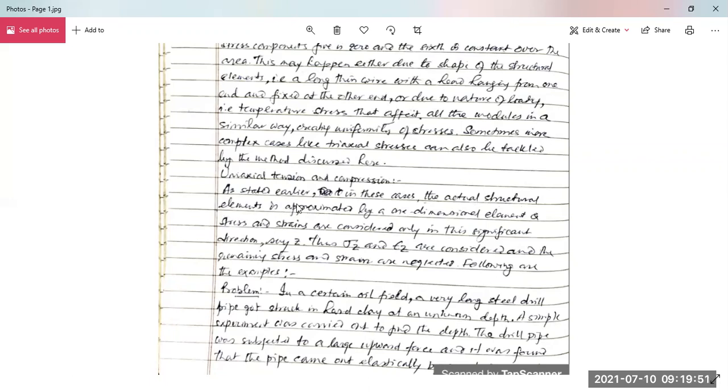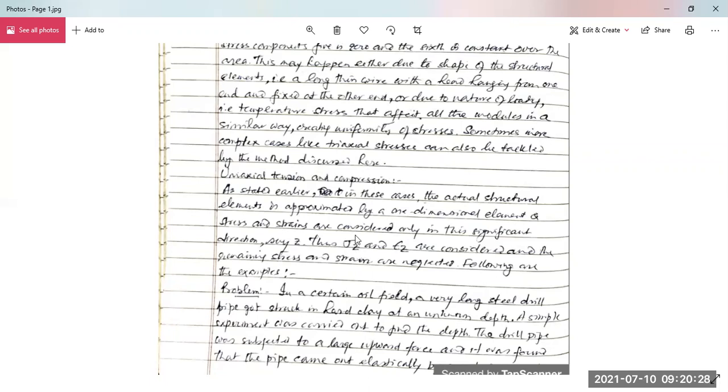So we put delta L by L for this gauge length, which is again equal to P by AE, where P and AE are both constant and the same. But these two delta L are different. So delta capital L divided by capital L is equal to delta small L divided by small l, where we know the capital L will be equal to small l into delta capital L divided by delta small L, where delta capital L is the length the pipe came out when it is stuck.